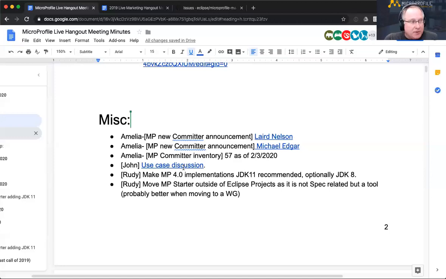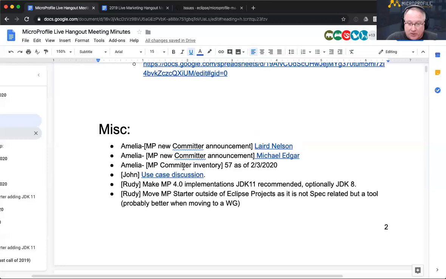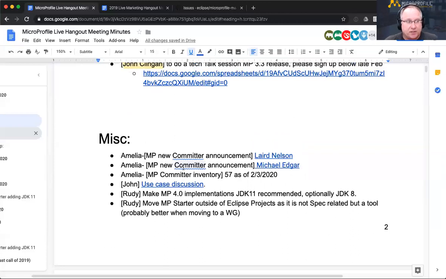I added an item just to point to a use case discussion in the Google group. We don't have to necessarily discuss it in detail here, but the idea is to create use cases validating the features that we want to add to various specs. And maybe even provide a little bit of market data behind the use case, such that we aren't innovating in the spec itself, right? That there's actually some level of maturity and usage in the wild before we try and write a spec on it. Just a discussion. I think it's an interesting discussion.